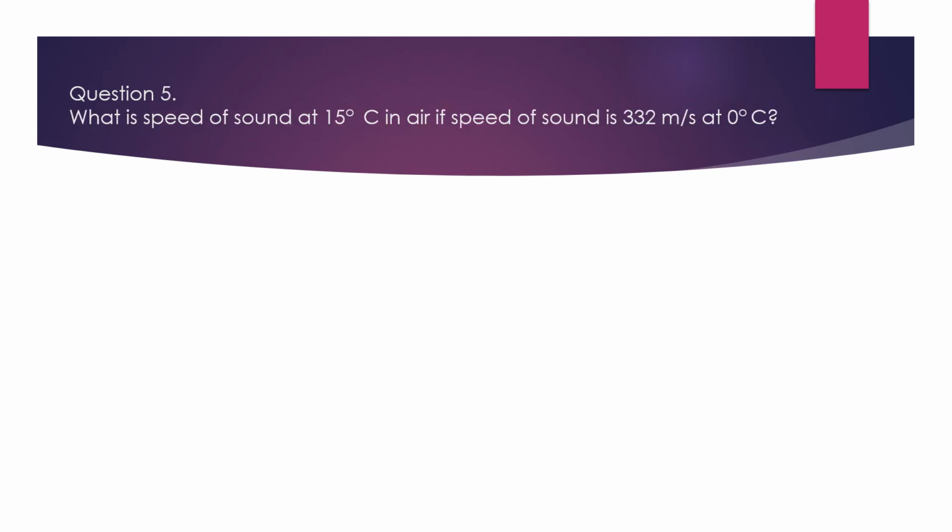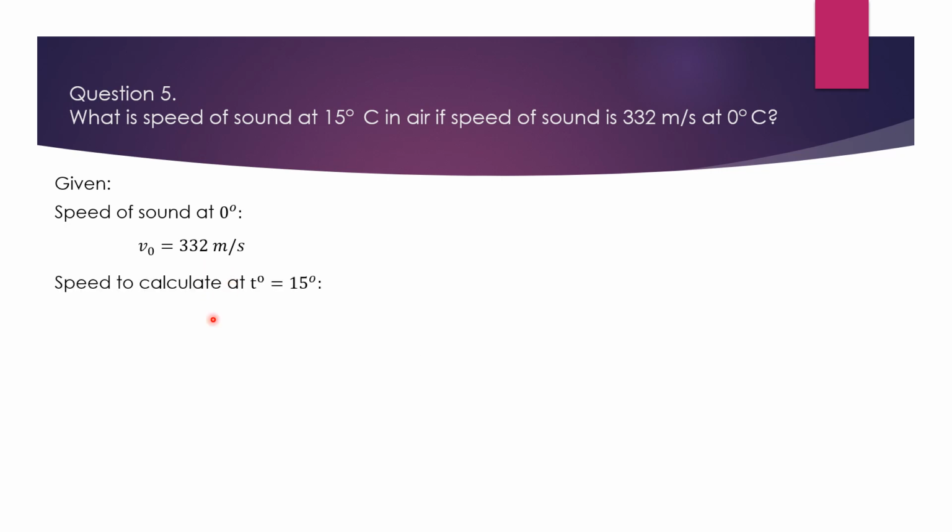Question 5. What is the speed of sound at 15 degrees centigrade in air if the speed of sound is 332 meters per second at 0 degrees centigrade? Now given the speed of sound at 0 degrees, that is V0 is equal to 332 meters per second. To calculate the speed at temperature equal to 15 degrees, that is V15 is equal to